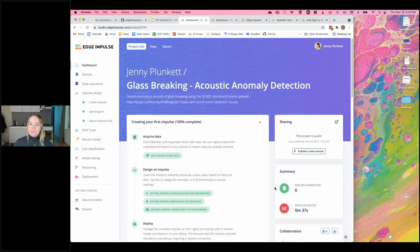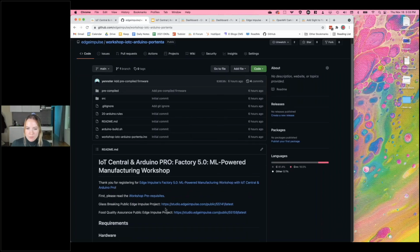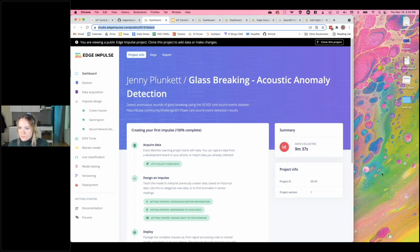So for the first use case, glass breaking, we're going to create a new Edge Impulse project, or you can go to the GitHub and clone the project directly to your account. So you log into the Edge Impulse Studio, and I'm going to send this link into the panelist chat, and you can clone this project. Cloning this project basically takes all of the data from my project, all of the trained model information, and directly copies it into your Edge Impulse account for you to use. So if you go to this public page from the link that I think my producer can send to everyone that I just pasted into the chat,